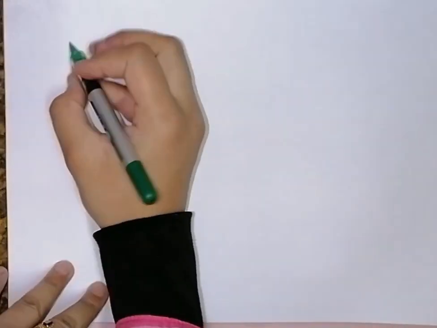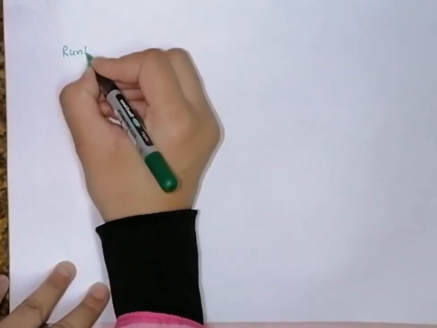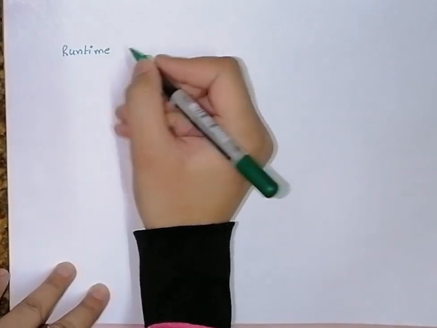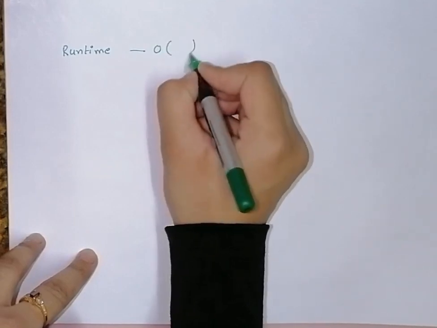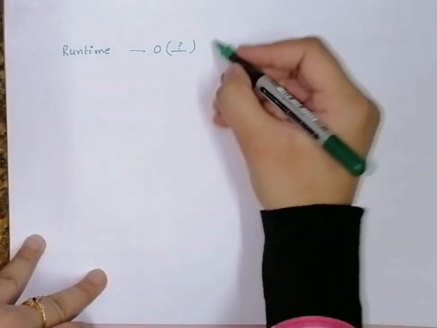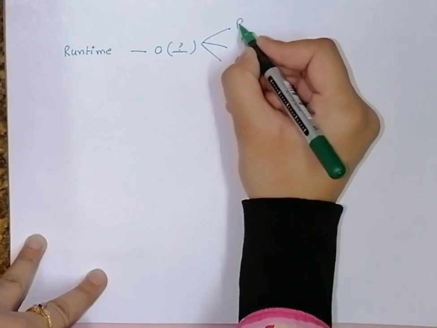Okay ji. So till now we have seen the merge sort algorithm and sorting using merge sort, and how it uses the divide and conquer approach. The next important thing is, what is the running time of the merge sort algorithm. When we talk about runtime, we usually express it in the form of big O, and there are three cases: best,